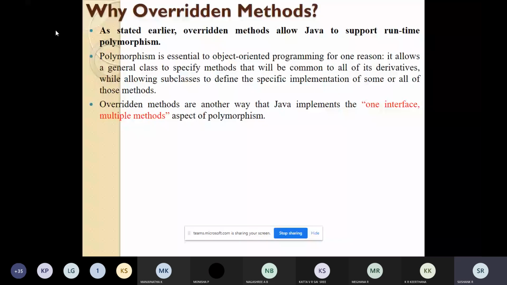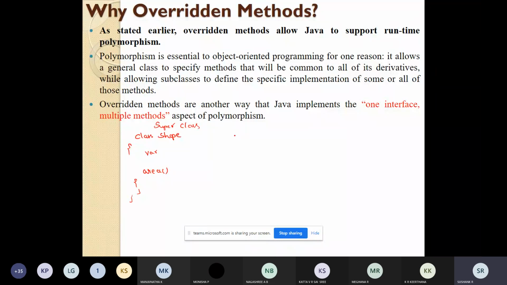See, why we are using the overriding method: I will create a class called shape, and in this I will create a function called area. It will just compute the area of an object. This I will call the super class. So it will contain variables and a function called area, which will compute the area of an object.